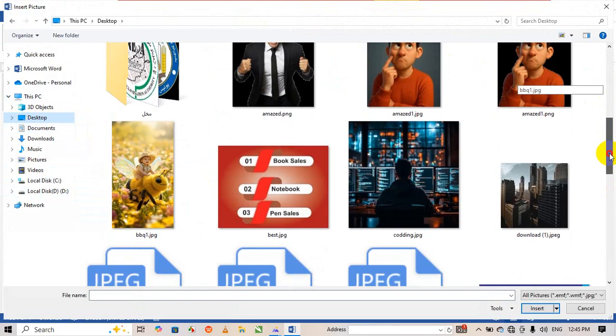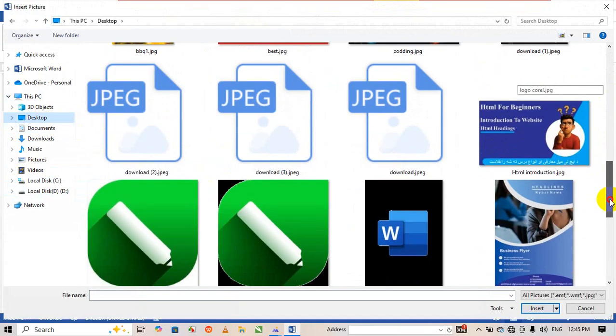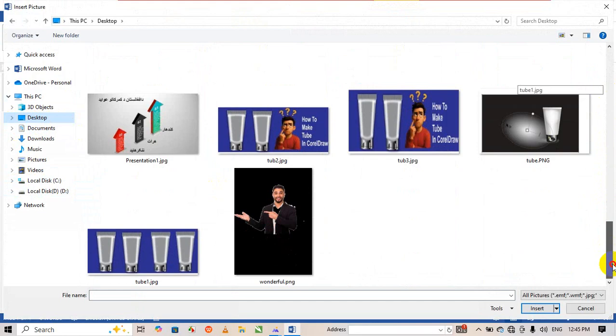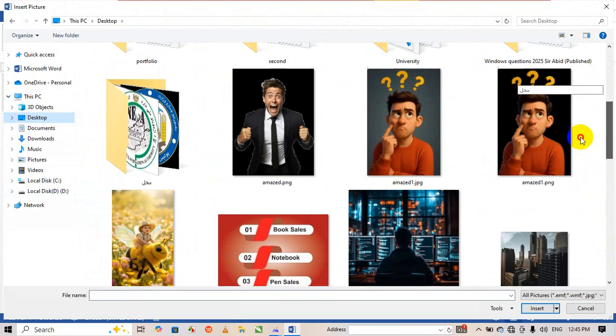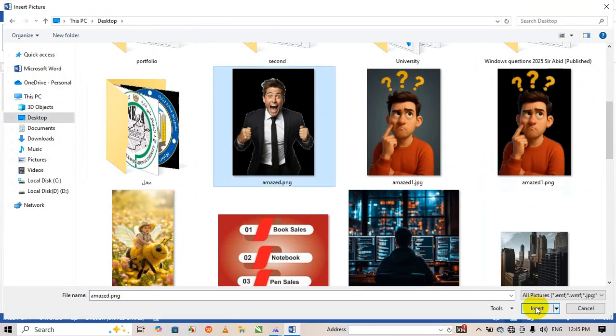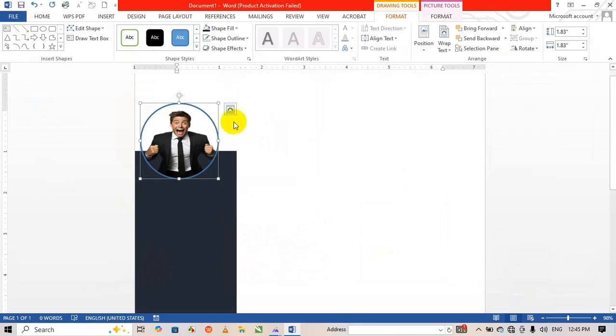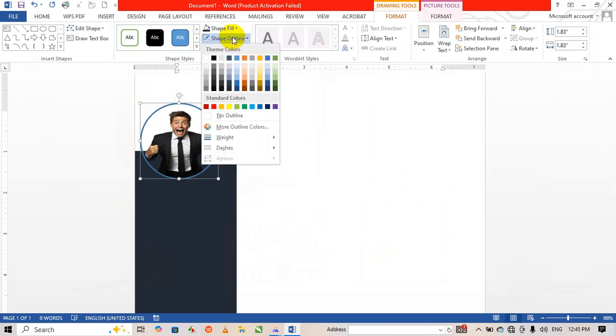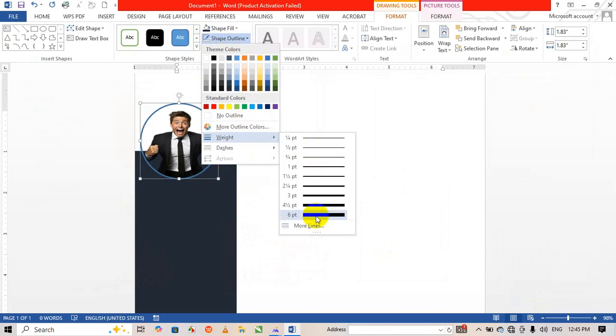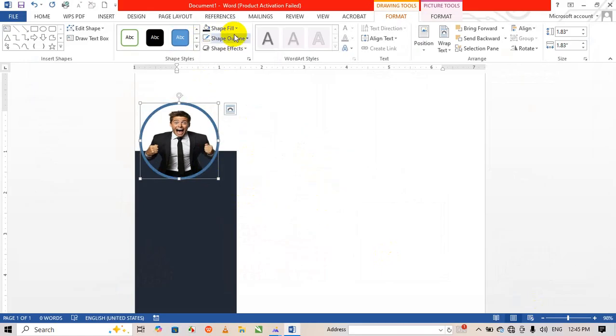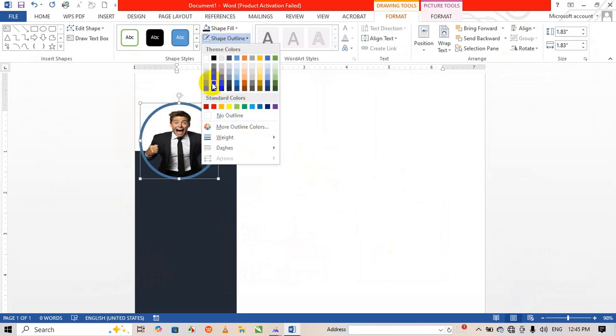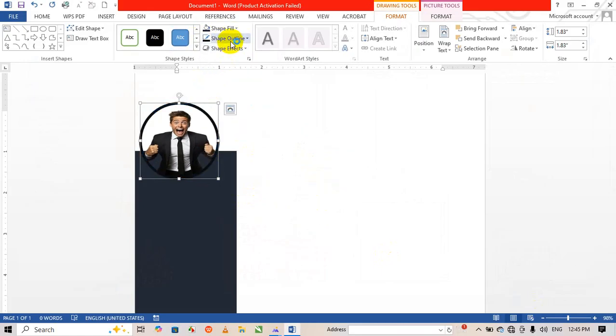So come to here, click on this, Insert. Okay, so click on this. Now come to Shape Outline. Wait, it's a little great. Click in here,